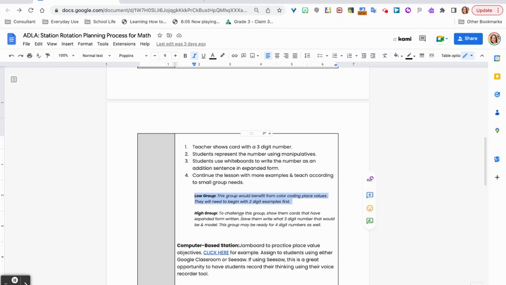Then you'll have your on grade level group that will do that lesson. But for your high group of second graders, you can challenge this group when you see them. So that way the cards maybe have expanded form written first, and then they have to flip it around. So they have to write the digit when you show them the expanded form, if you notice that they're ready